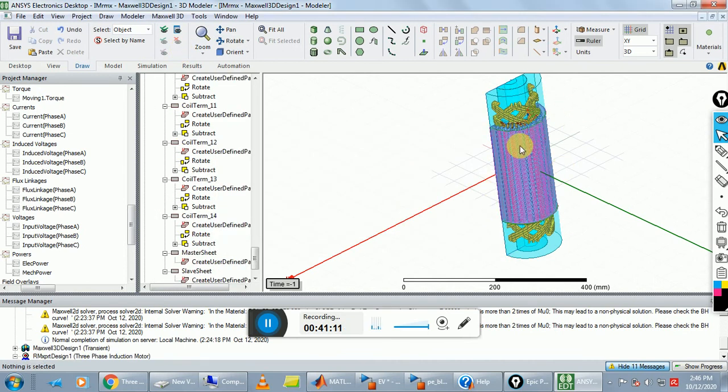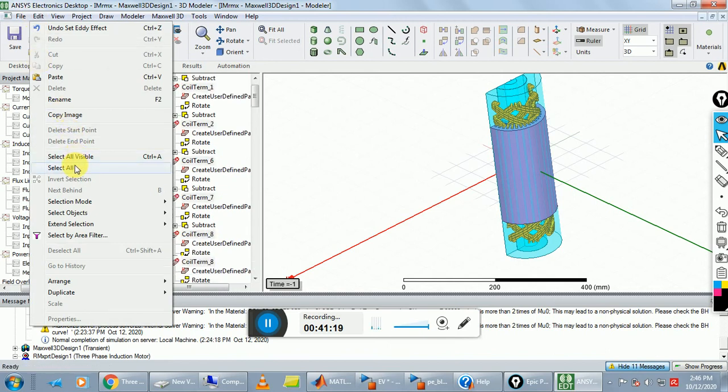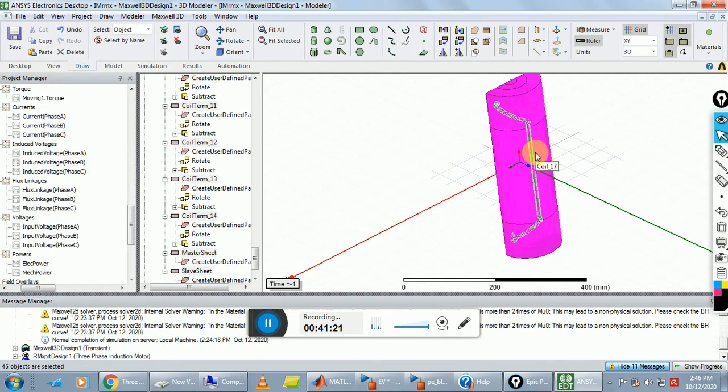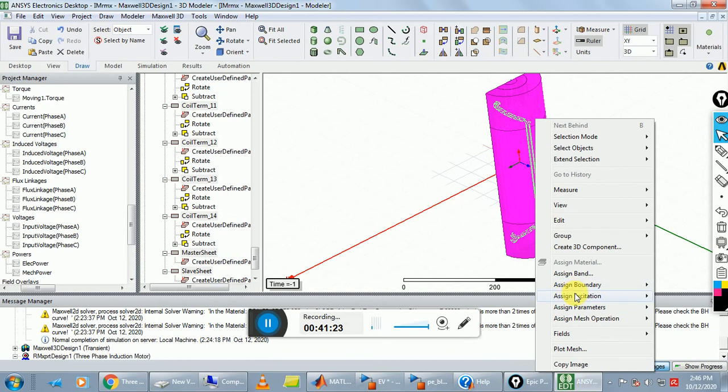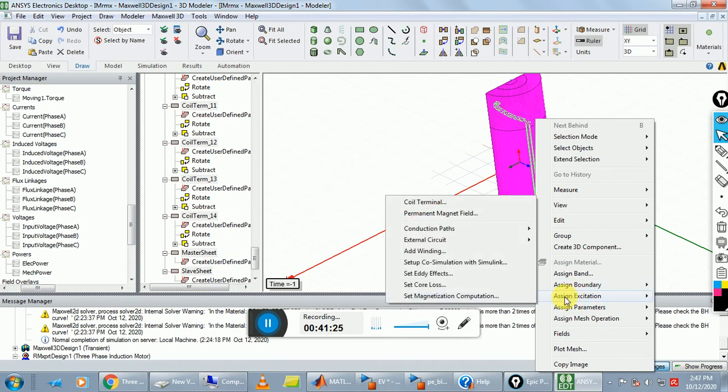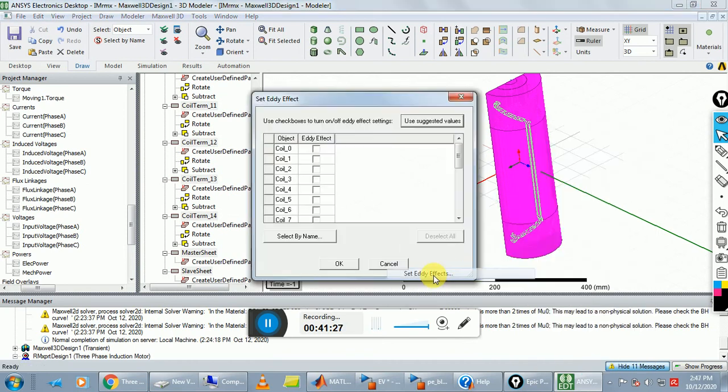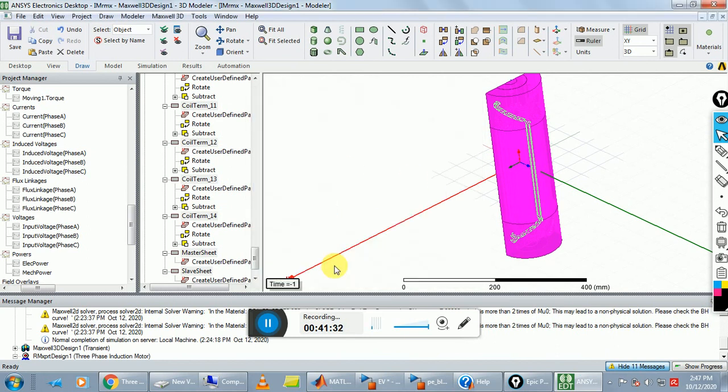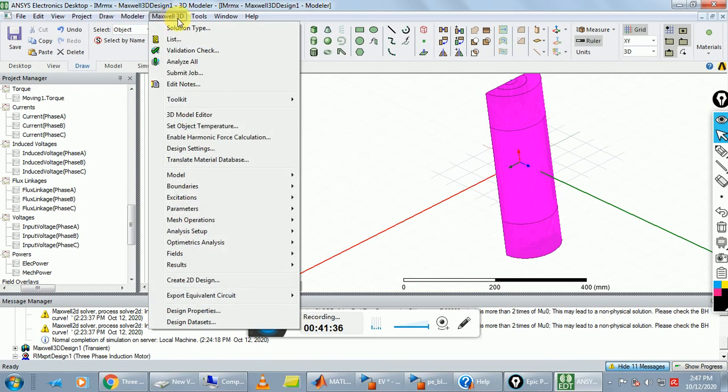There is some error in our eddy effect. For eddy effect, again go to edit and click on select all and right click on object, assign excitation, set eddy effect, check bar, click on OK, and again go to Maxwell 3D, apply validation check.